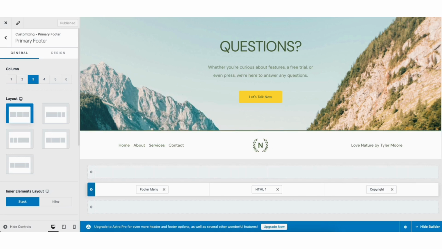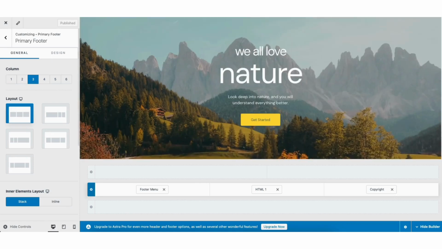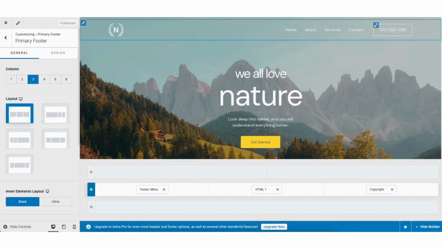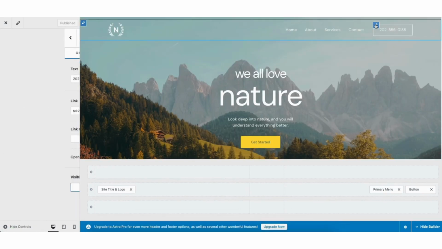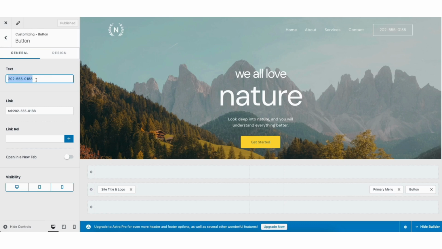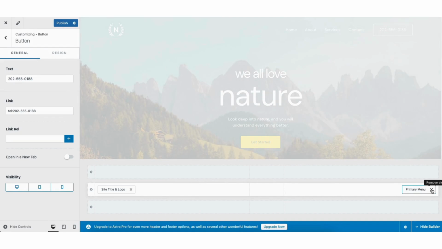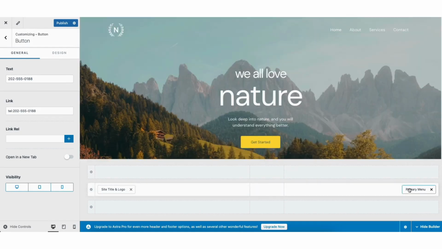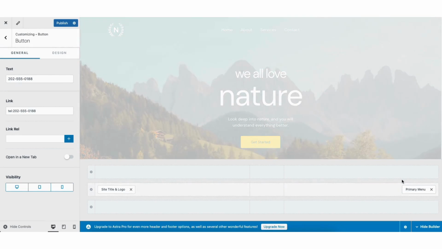Next, let's go over editing the header area of your site. Scroll up to the top of the page. If you click into the header area of your site on something, you can make edits. If you want to remove something in a header, just find it here and click the X button to remove it from the header. In this section, you can move things around to change the look of the menu area to get it how you like it.